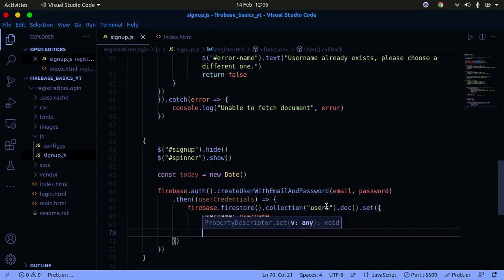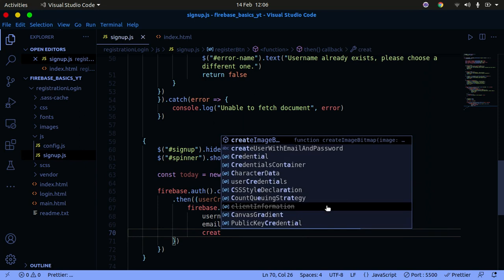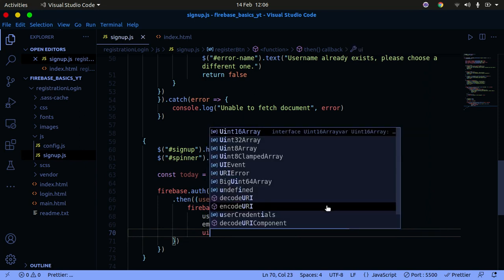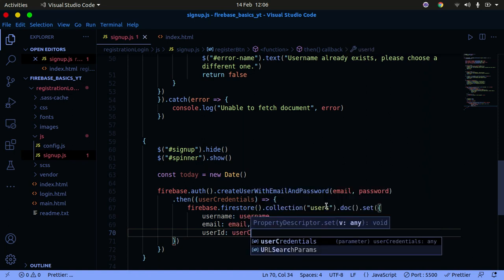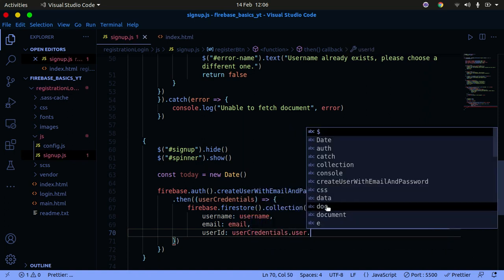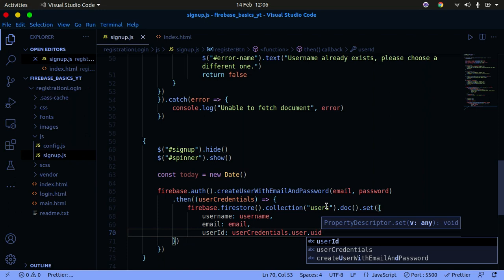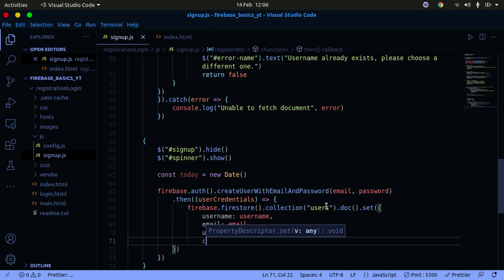provided, and then you're also going to say, sorry, the user UID. So user UID is going to be userCredentials.user.uid. So it's going to return to us the user's UID right there. Once we have that, you're going to say created underscore at, and this is going to be another field, and you can say today